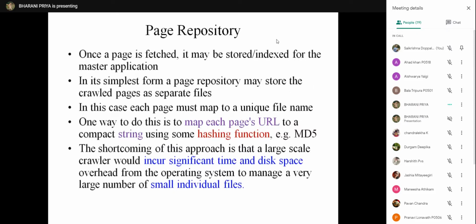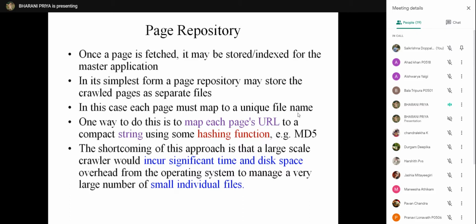Page repository. So once the page is fetched, it should be stored for indexing purpose. So each page can be stored as a separate file. So in this case, each page must map to a unique file name.